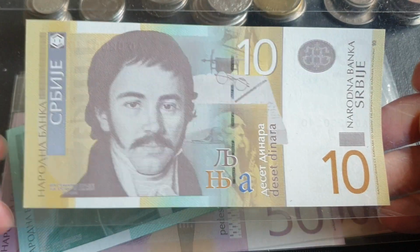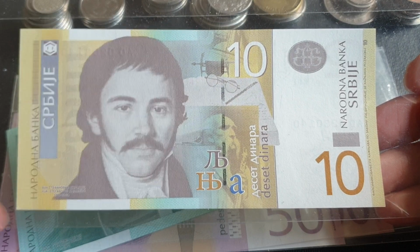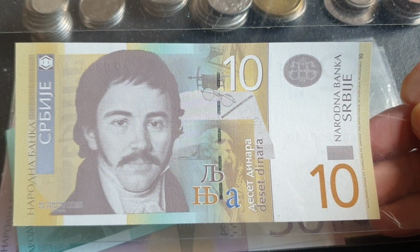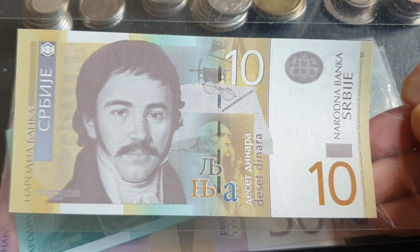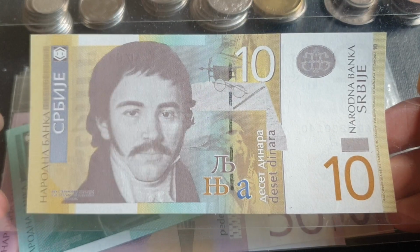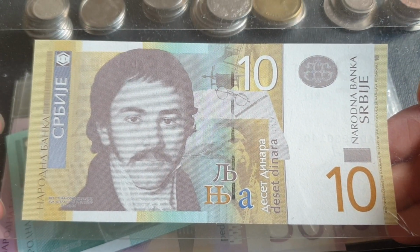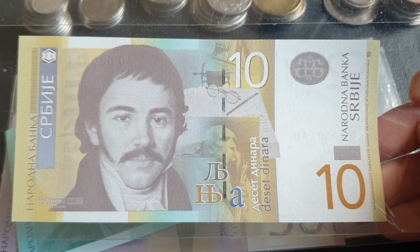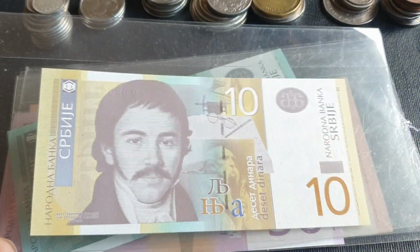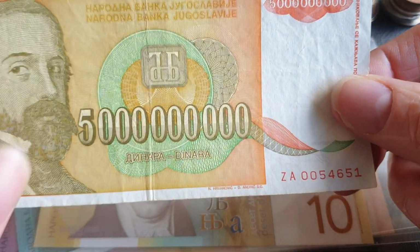An interesting fact about these is that they were actually introduced in 2000 for Yugoslavia. But at the time in 2000, Montenegro actually didn't use these banknotes because they had adopted the Deutschmark back in, I think, 1998, and they dropped the dinar because the dinar suffered from pretty severe hyperinflation at the time. So here we actually have a